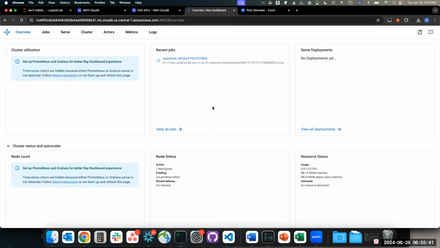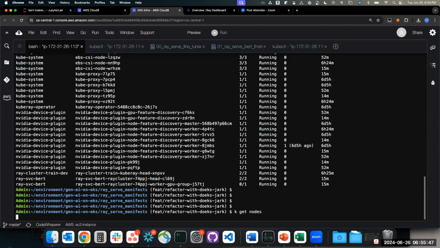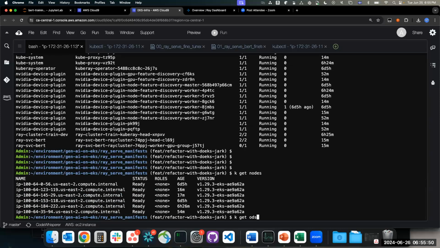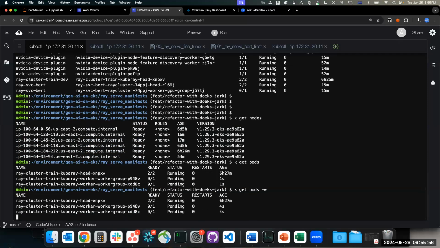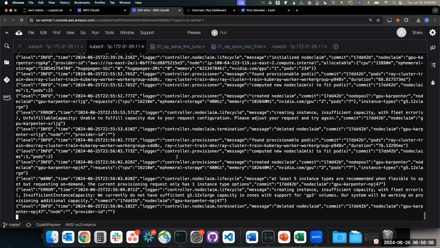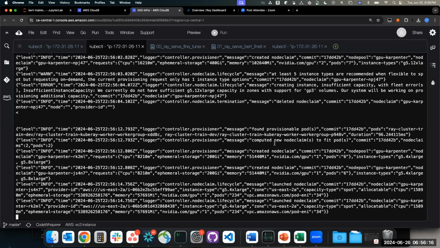As we can see, the Ray job is actually starting up. But since we're interested in what's happening in Kubernetes, we will come here and basically check the pods, right? As we can see, we have 2 pods that actually started for our training session. I'm sure you're interested in how Karpenter actually works behind the scenes for this. So I did open up the log of Karpenter. As you can see here, it just started doing its work. Basically, oh, I found a couple of provisioning pods, right? We can see here actually, let me try to,